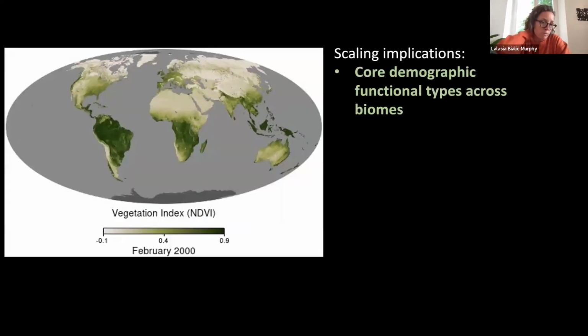So I've rambled on a bit here, and I'm just going to distill the key points of what I think are really important in scaling. So what we've learned from this work in scaling. And the first point is that